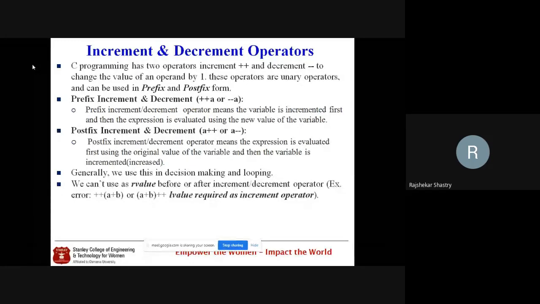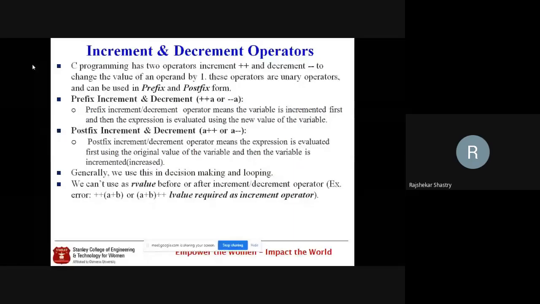Okay? They are plus plus and minus minus. Plus plus or minus minus, together we have to use, side by side, we should not give any space. Together we have to type two pluses continuously, two minuses also continuously, then only you will get the correct meaning. Otherwise, your lexical analysis will interpret in a different way, and you may even get an error. So while using the increment decrement operators, be careful, the two plus signs to be typed side by side. Similarly, for a decrement operator, the two minus signs to be typed side by side. So we have two categories: prefix increment decrement operators or postfix increment decrement operators.